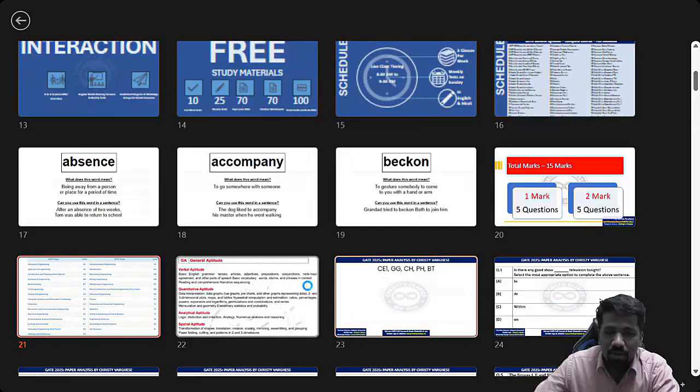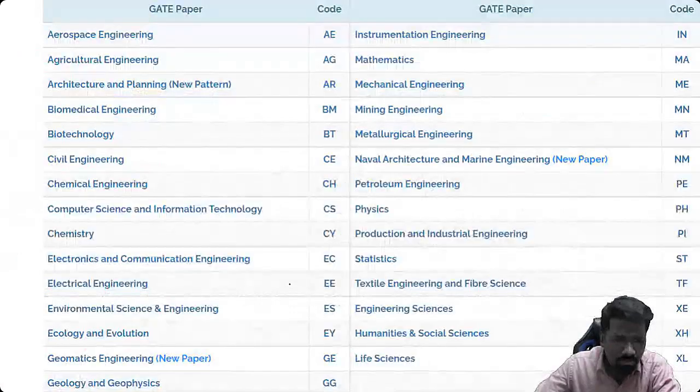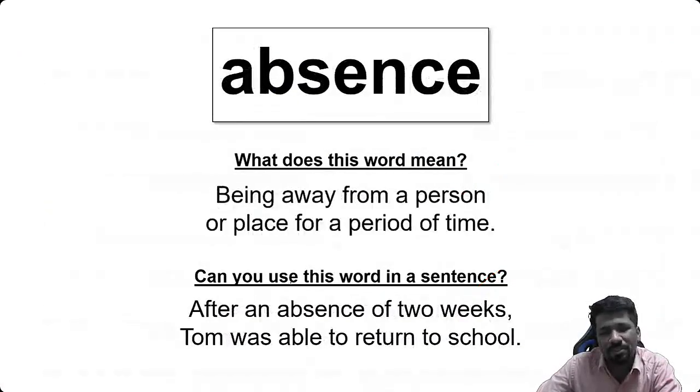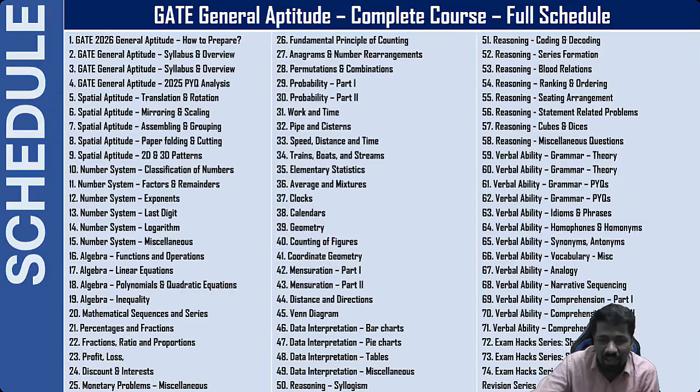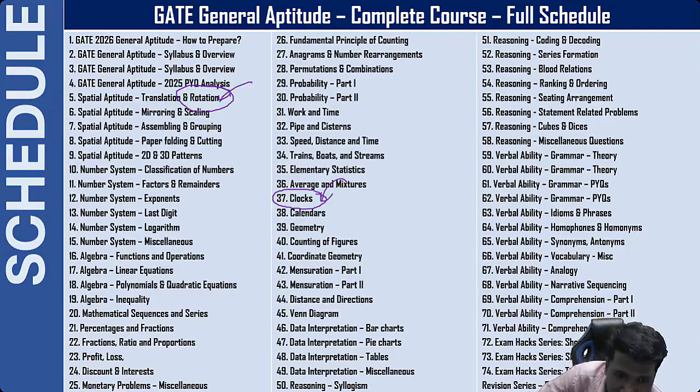So, 2025 papers, as per what we discussed in the last GATE 2025 course itself, the questions came and many of them were directly from what I have discussed. The spatial aptitude वो rotation topic ये लेक्चर में डिस्कस करेगा. क्लॉक प्रॉब्लम दैट 65 एंड 511 मिनट का डिटेल्ड थियरी ये लेक्चर में डिस्कस करेगा. वर्बल एबिलिटी, सॉरी, ग्रामर का प्रीपोजिशन का लेक्चर, प्रीपोजिशन का थियरी ये लेक्चर में डिस्कस करेगा और उसका PYQs ये